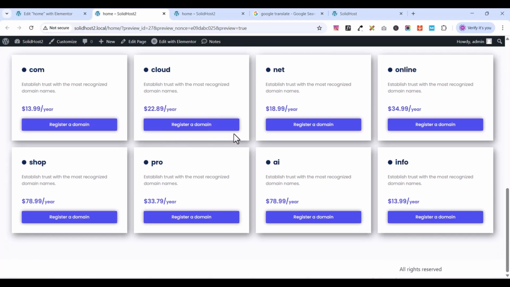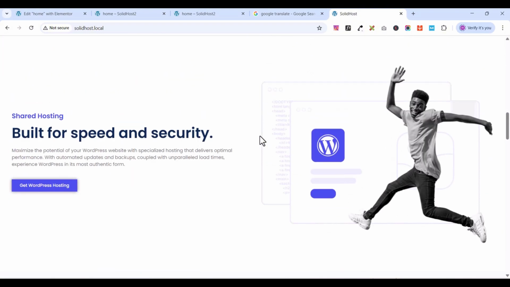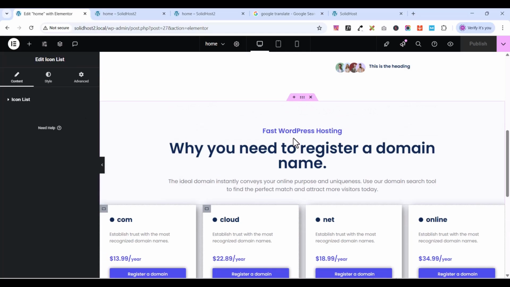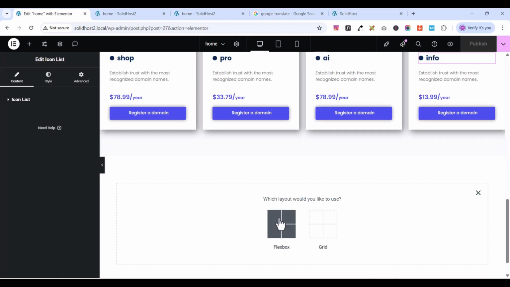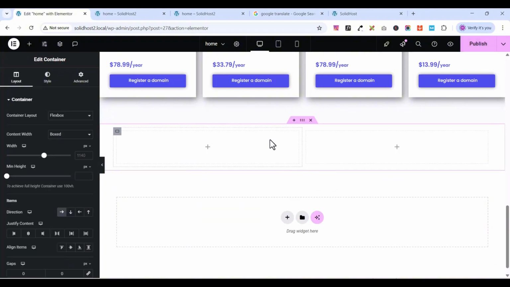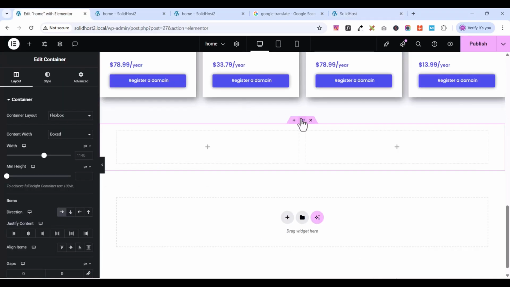So let's design our next section, and our next section is going to be this section. Okay, so back to my working environment. So I am back to my working environment, and we are going to create our next section. So let's create our next section by clicking on this plus button, click on Flexbox, and we are going to select these two container. Okay, yes, back here, select this section. I'll select this section again,